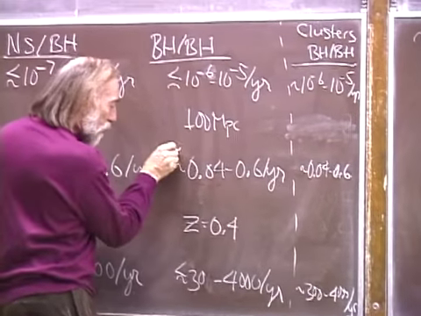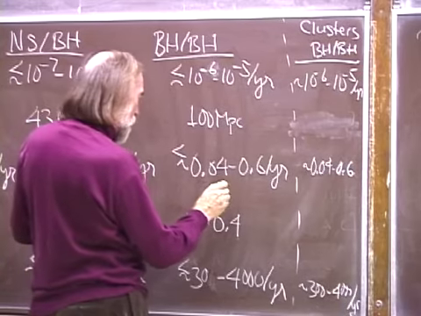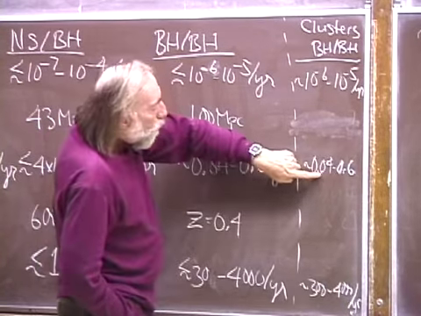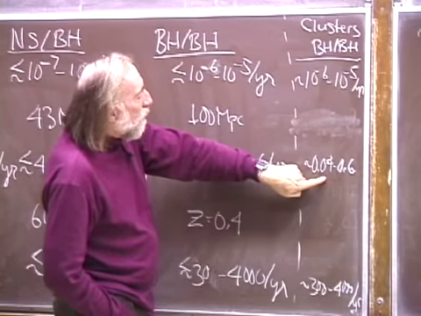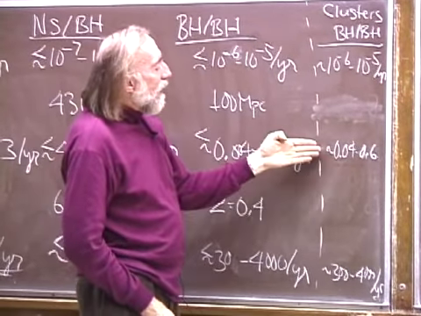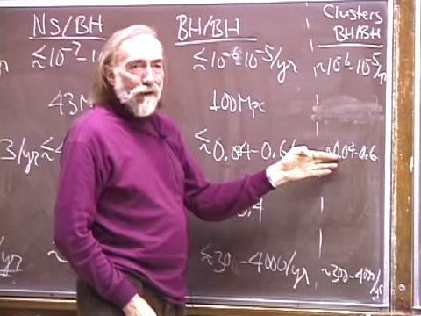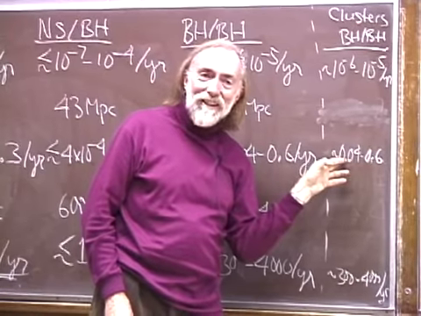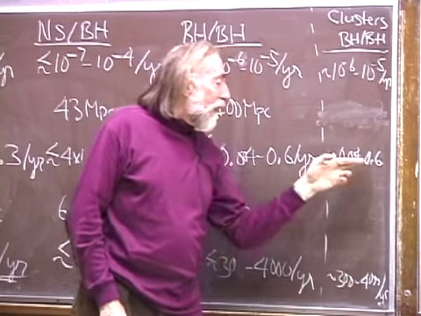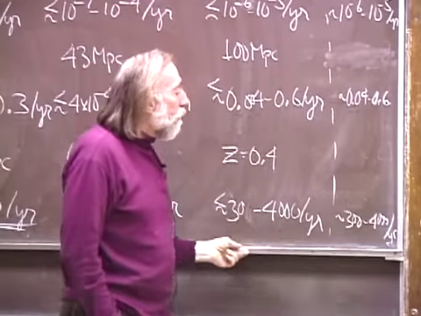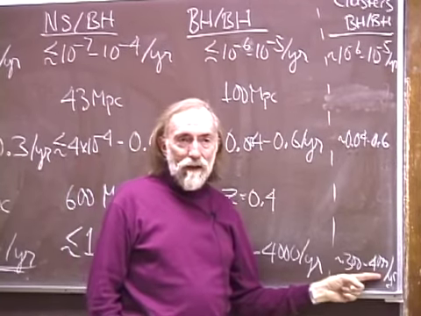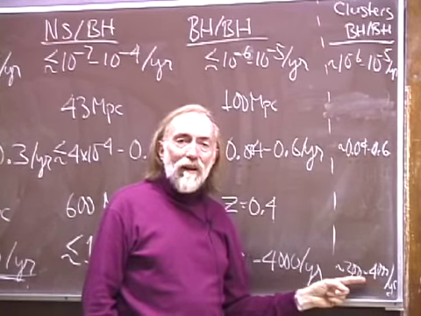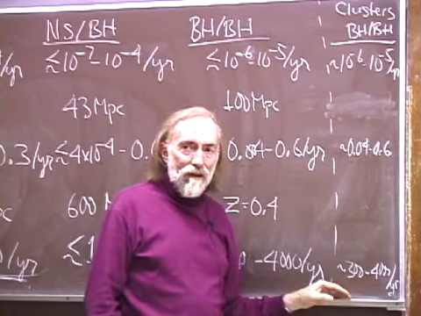This number must be wrong, less than order 0.004. They're in the range about 0.04 to 0.6 per year, but they get a number that they claim is very definitely not 0. But the external community is not convinced it's definitely not 0. These are their numbers. For LIGO 1 and for LIGO 2, 300 to 4,000 per year. The uncertainties are surely bigger than what they quote, but these are their numbers.